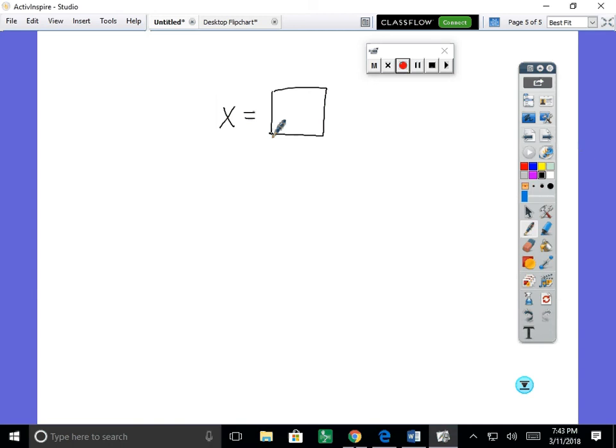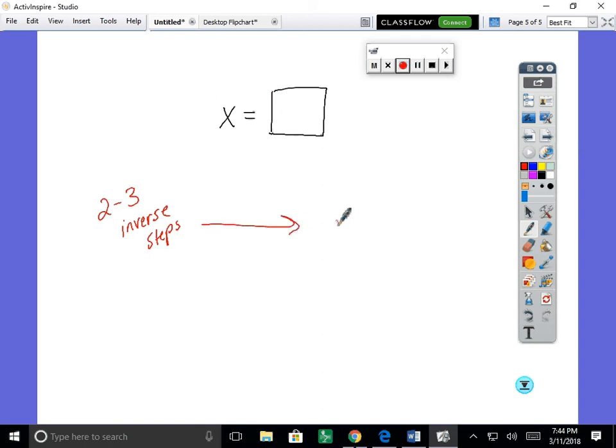So start with x equals something we haven't tried yet. And then use your rules of inverse operations. If you decide to add to the left, you must add to the right. If you decide to subtract from the left, you must subtract from the right. If you want to try rules of division, do it to both sides. If you want to try rules of multiplication, do it to both sides. If you want to deal with fractions or decimals, okay. Why don't you try just applying maybe 2 to 3 inverse steps,